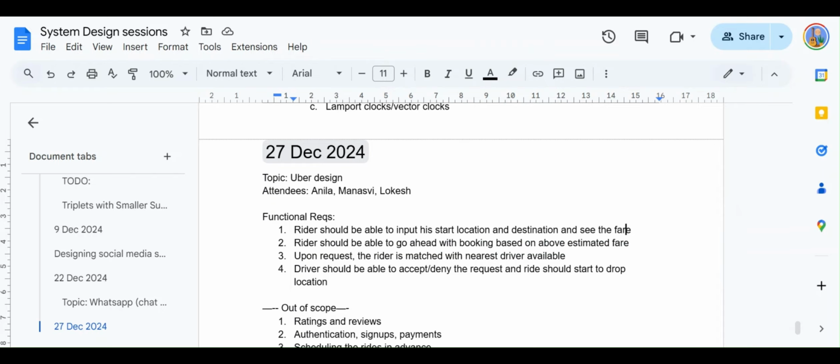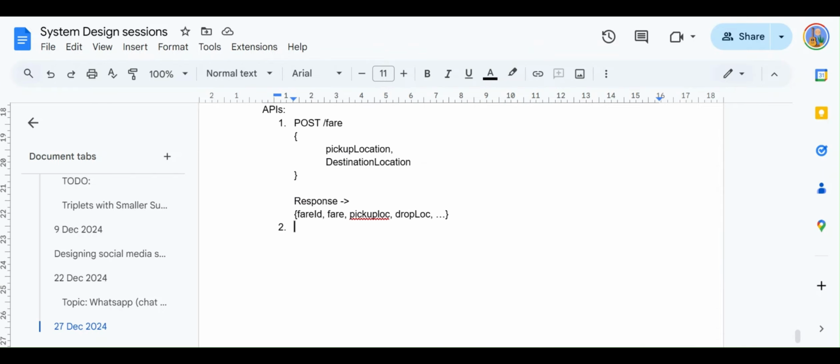So the next thing is that the user should be able to request a ride based on the given fare. For that, we are going to have a post API again. Whenever you want to create something or send a request to initiate it, we always use the post method. So we can have a post ride, which is going to create a new ride. Again, this is going to have a body. In the body, we are going to pass in a fare ID.